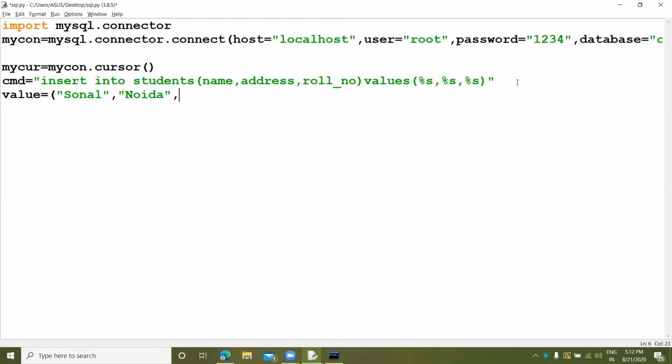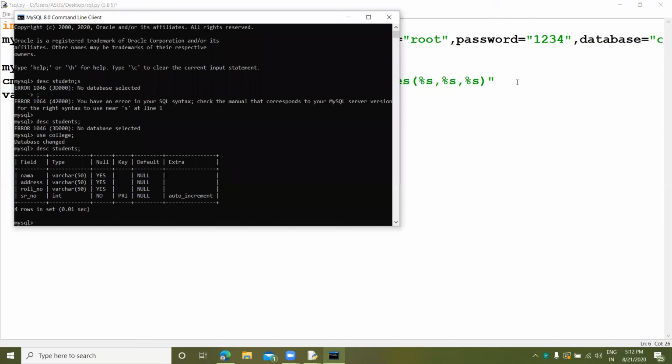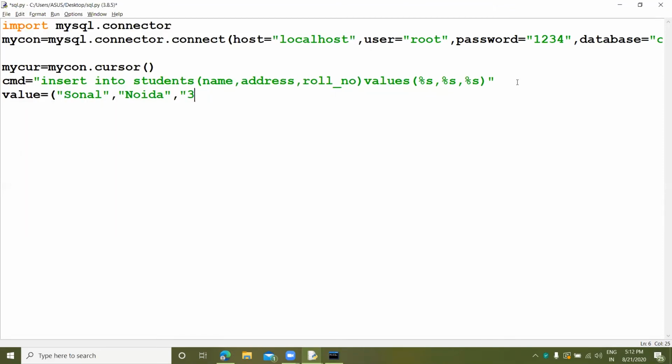Now we will take the roll number. Let's check if the roll number is an integer. No, it is a varchar. 3434. Suppose it is my roll number.